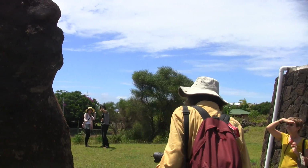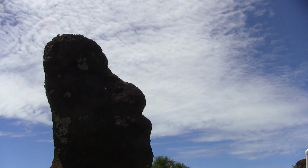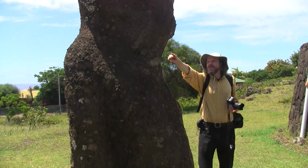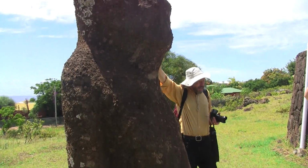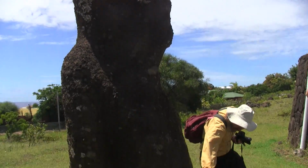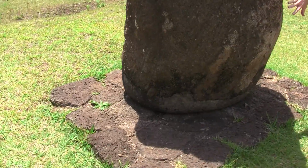Lots of them in different states of construction. But this weathered surface shows some of the typical features. This is a relatively small one. Notice that the head had broken off on this one. It's been cemented back together because it got knocked down, like I said. It's got the classic arms, the hands, the fingers are here, sort of holding and framing the belly and the